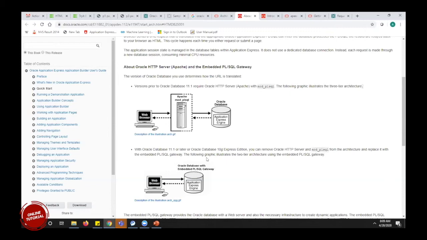Any doubts? So this architecture, if anything needs to be done, it will be done by the DBAs, right? Right. So mainly the DBA task would be to install this application in the database. And if we are doing it in a cloud, when I did it, I faced some challenges.